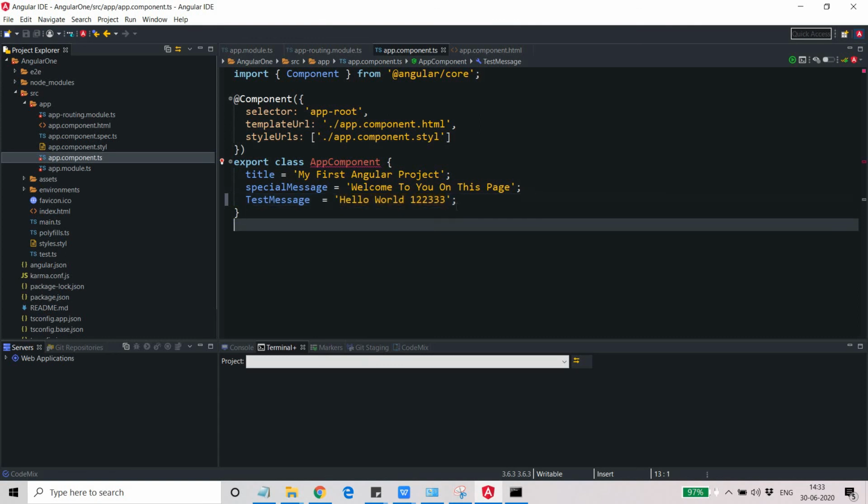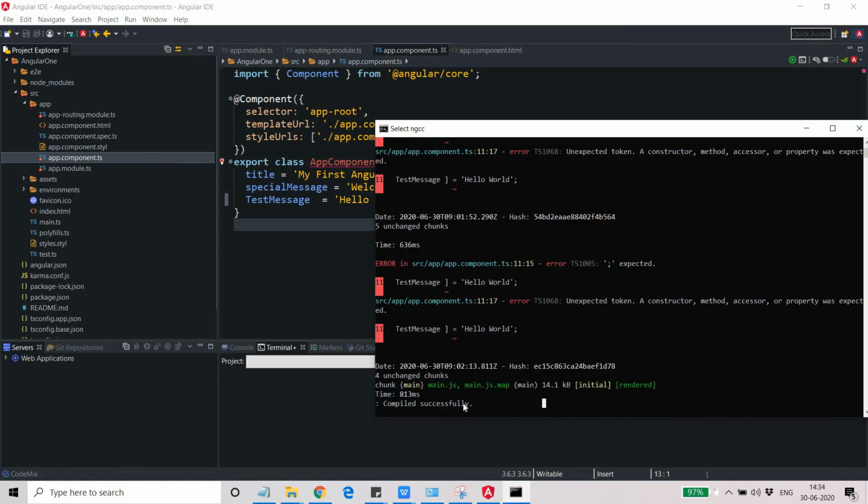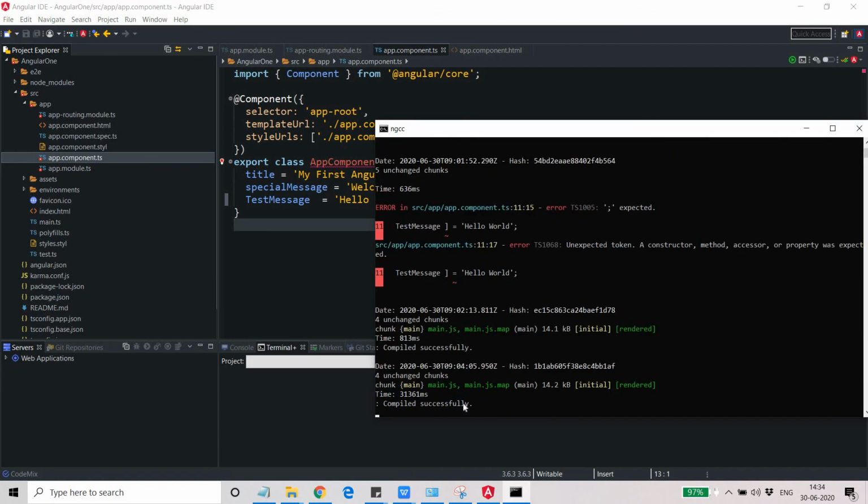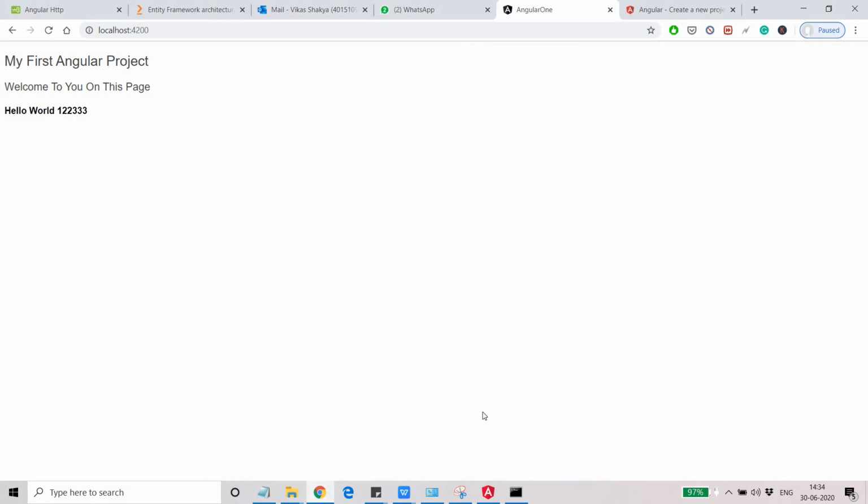So I guess this has been compiled now. Now we need to see, it is not compiling, so let me try again. Okay, now it compiled. If I click on it, I'm not sure why it is giving me this kind of problem. If I click on it, then it will stop compiling. It will not compile the next time. If you have to compile next time, you need to just press some key, right? But that is not an issue, you can do that. So now you will be able to see something like 1 2 2 3 3 3.